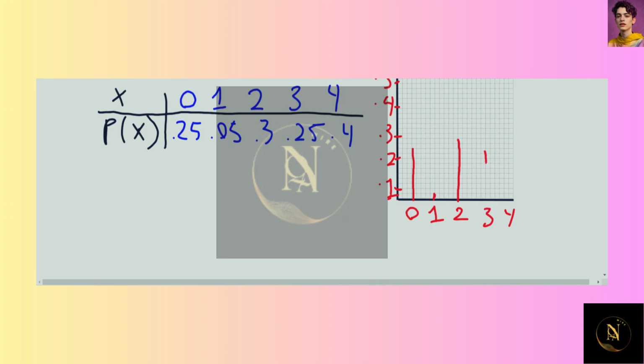For x value of 3, we'll do 0.25 as well. And we'll go right there down to our 3. And then for 4, it will be 0.4, so it's just a little bit. Oh, sorry, no, it is starting up there, right up here, and going all the way down to our 4. And that is our probability distribution and graph for